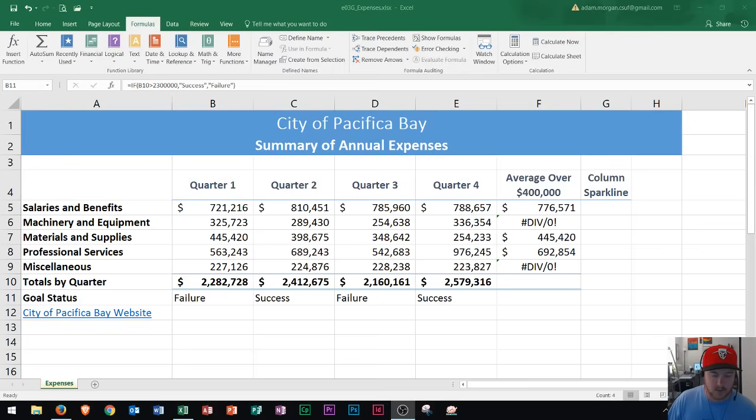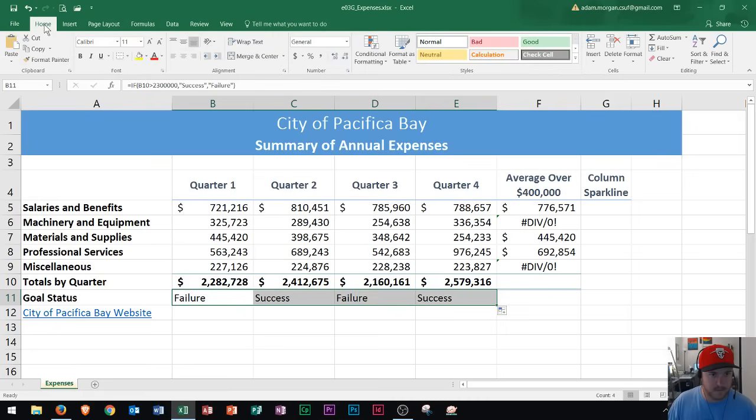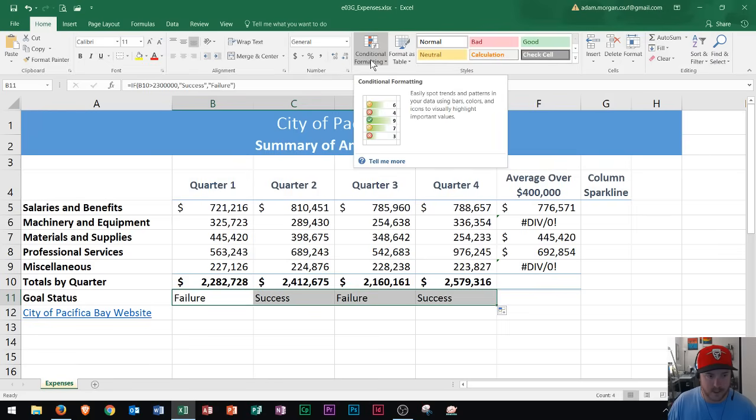Now finally, it's going to ask you to do conditional formatting. So make sure that you do know how to do conditional formatting before you take the MOS test. I have a video on conditional formatting, so make sure that you check that out if you haven't already done that. And then let's take a look at how conditional formatting works. So I'll select these 4 cells right here, and I'll go to the Home tab. And in the Styles group, you're going to see this button for conditional formatting. Now basically, I want it to return a positive conditional format if it's a success and a negative if it's